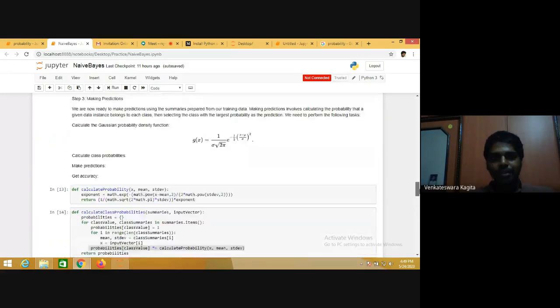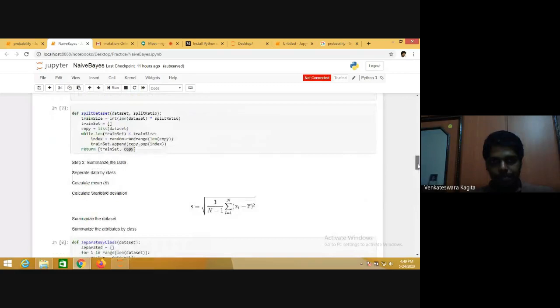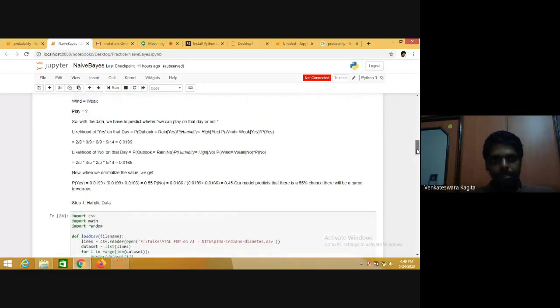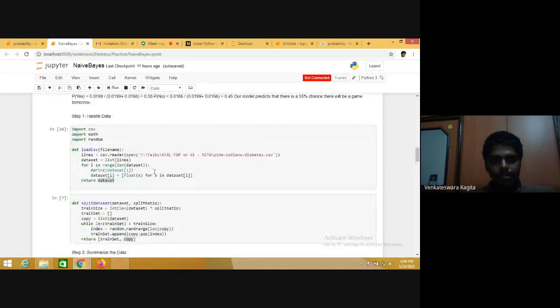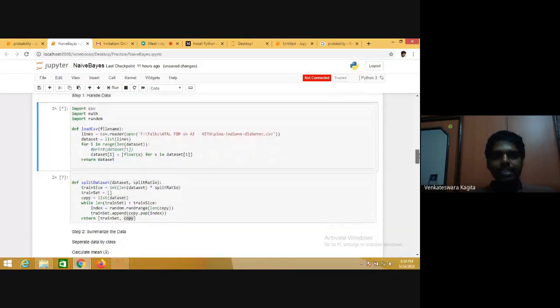So let's execute one by one. Loading all this and loading CSV. I just defined it here. It takes time because the load instructions are there, import instructions are there.